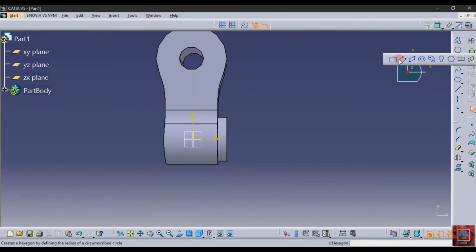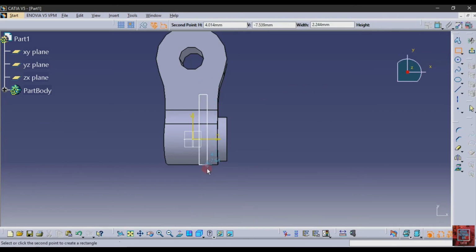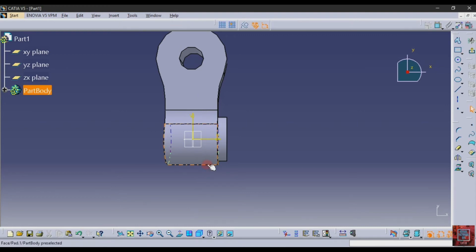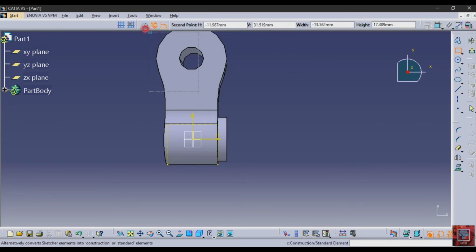Before that, select these edges, and then project them and make them into construction lines. After that, select a rectangle, make a rectangle and turn off this construction line.